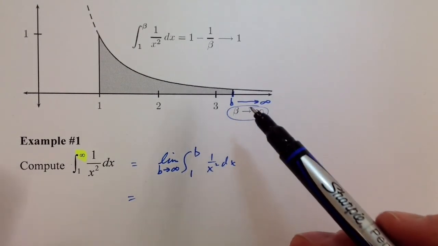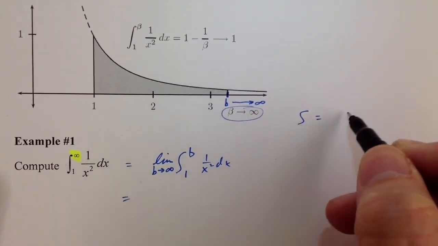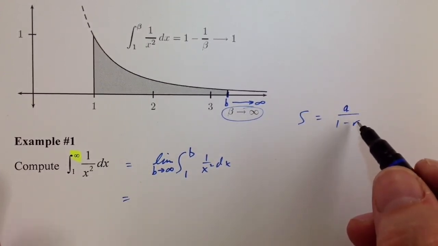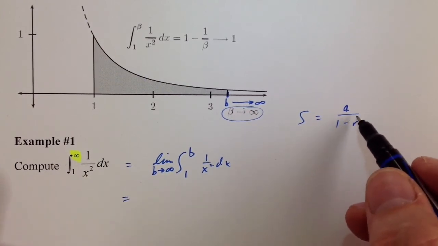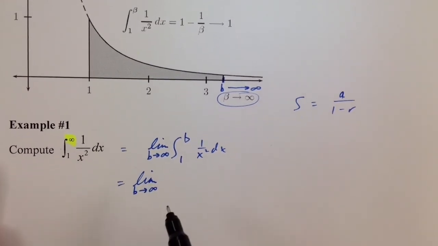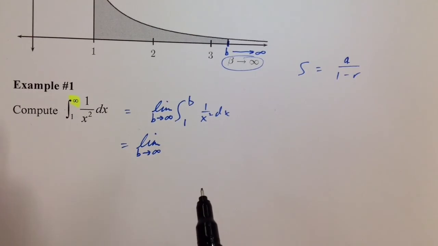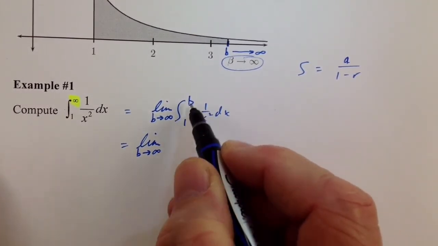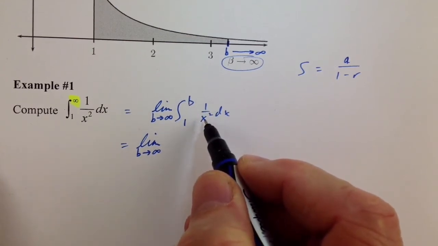And you've done this before, though. I might remind you that the sum of an infinite series would be the first term over 1 minus the common ratio. So you've already done these kinds of things. You've already added up an infinite number of things and gotten a finite number. We're just basically trying to do the same thing here. All right, well, let's continue to just write the limit notation. This is probably going to be your biggest headache, continuing to write that, because I want you to write that every time. If we look at this definite integral from 1 to b of 1 over x squared dx,